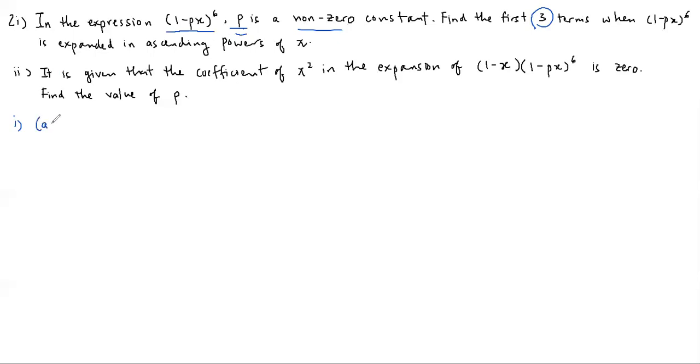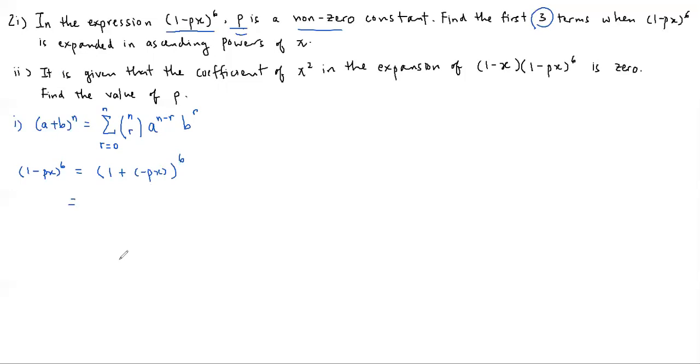This is actually a binomial expansion. Recall the binomial theorem: (a plus b) to the n is given by the sum of nCr, a to the n minus r, b to the r, where r starts from 0 and ends with n. So for this case, you have 1 minus px to the 6. This is actually 1 plus negative px to the 6, where b, the second term of the binomial, is